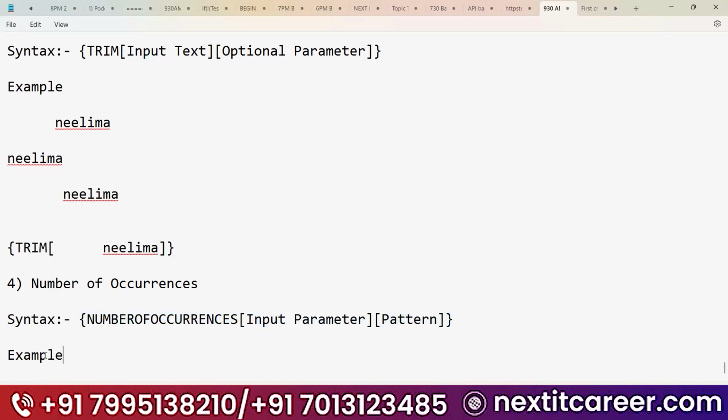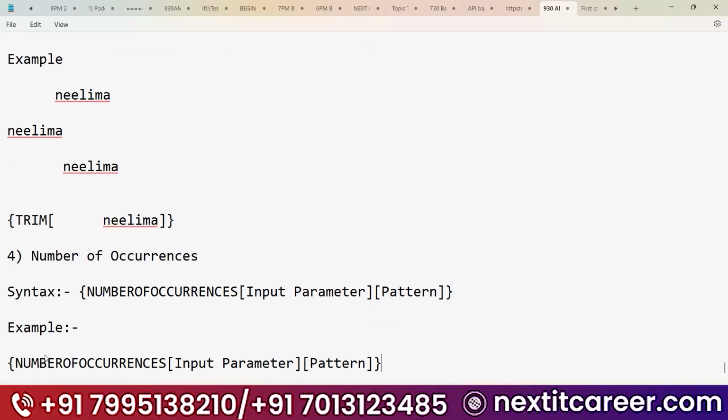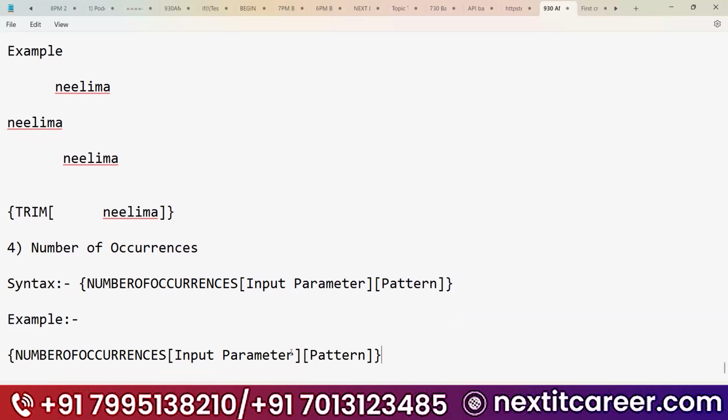The example would be like this. Okay. So in the input parameter, you will give this value like this, number of occurrences. In the pattern, you will use the respective pattern over there.